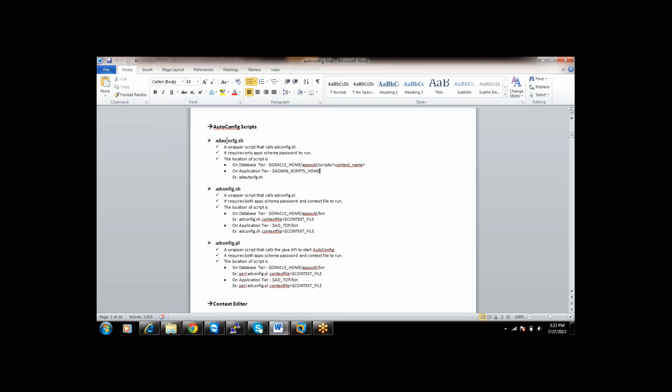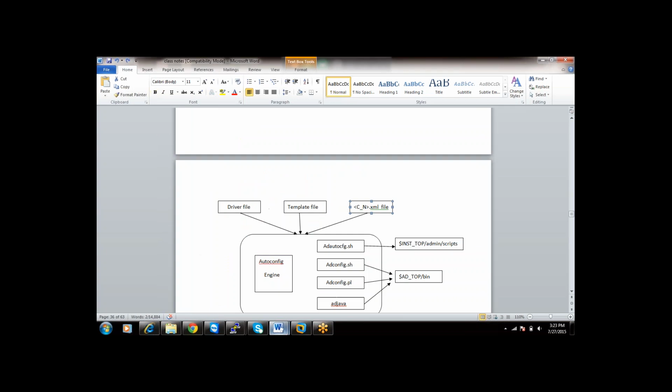Your adautocfg.sh will internally call adconfig.sh. Your adconfig.sh will internally call adconfig.pl. Your adconfig.pl will internally call adjava.